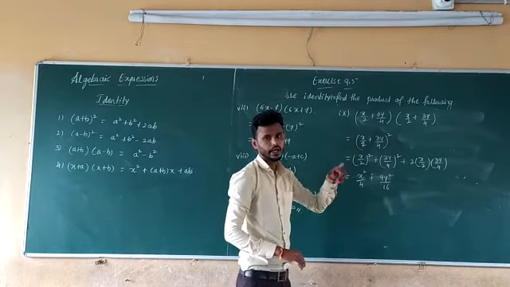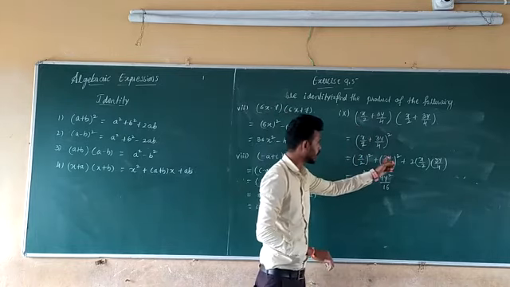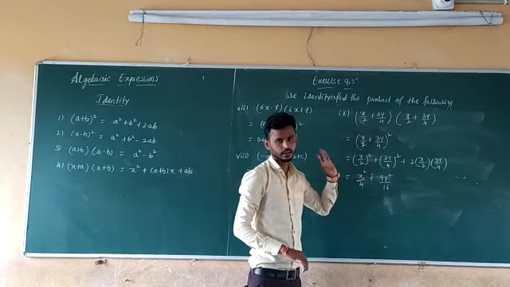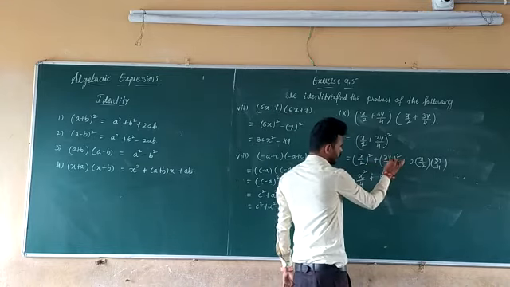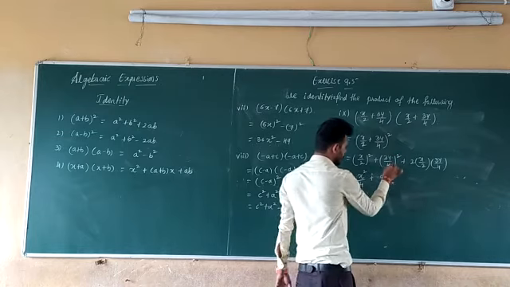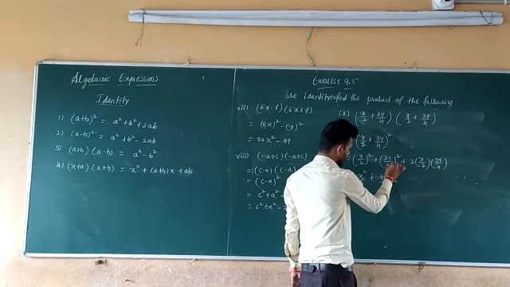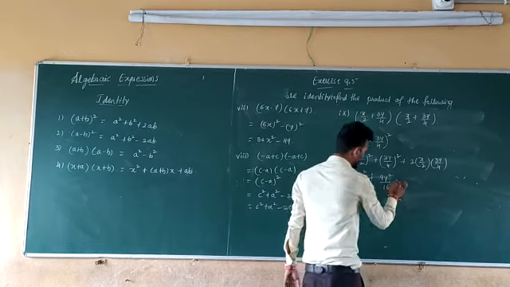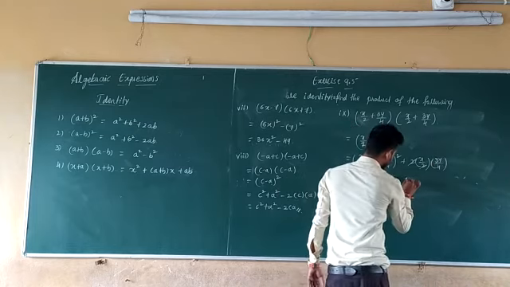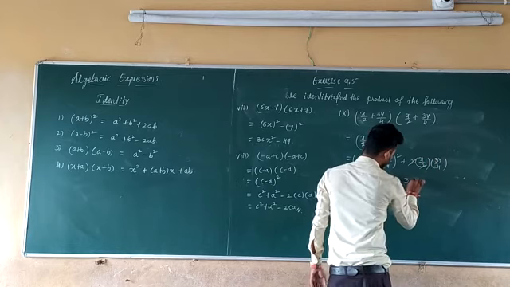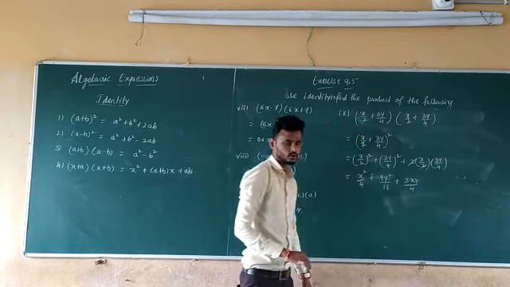You need to square all numbers and variables under the bracket, both numerator and denominator. Plus 2 ones are 2, ones again cancel. So here 3 x into y, xy divided by how much remains now? 4. So the answer is